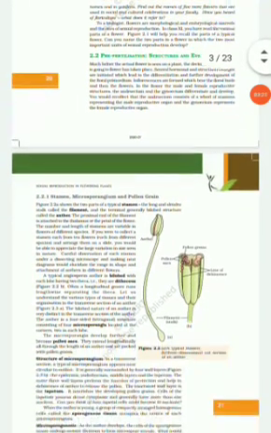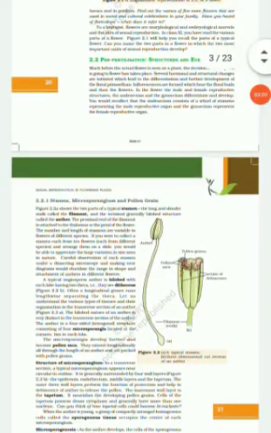Alright, now coming to pre-fertilization structures and events. So pre-fertilization, what happens? Much before the actual flower is seen, there is an inflorescence. Inflorescence means there is a formation of floral buds. There are various hormonal changes that will occur, showing that they are going to flower. So that is known as inflorescence.